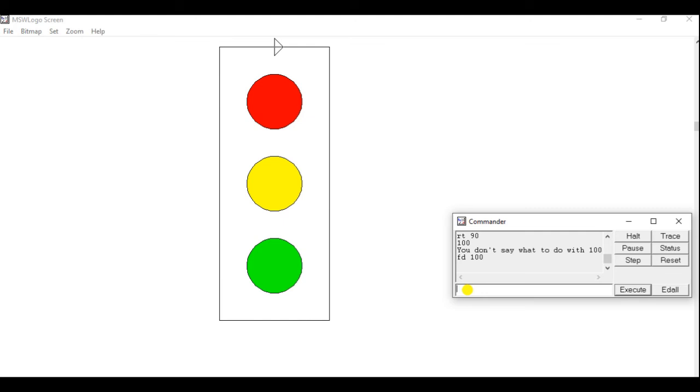Done. Now what part is remaining? We want to give color here. So what you can do: RT space 90.